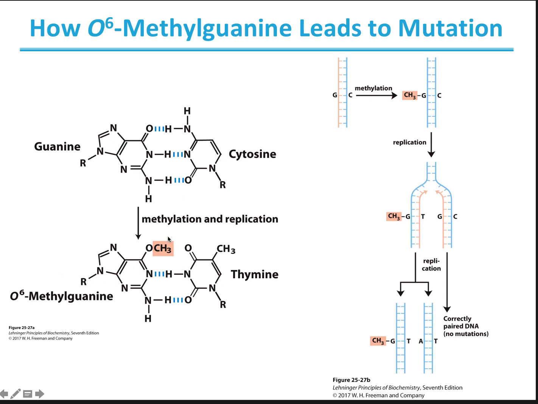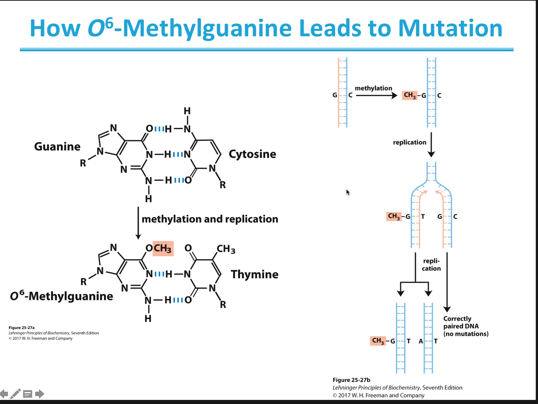This methylation results in incorrect base pairing. So where you normally see a G to C, this O6-methylguanine wants to pair with thymine. Once that incorrect base pair is incorporated, it becomes